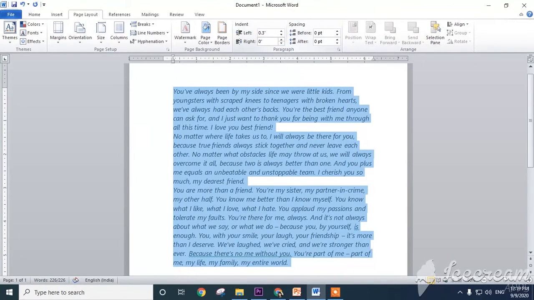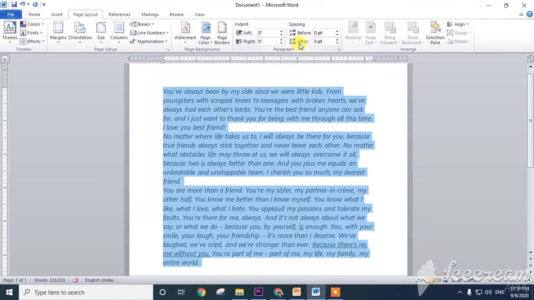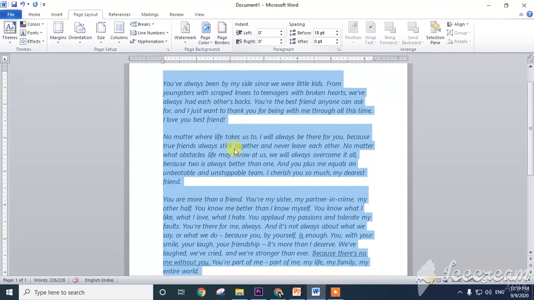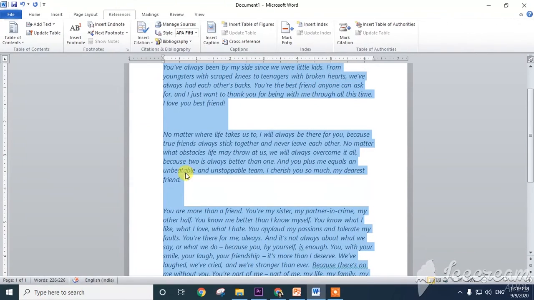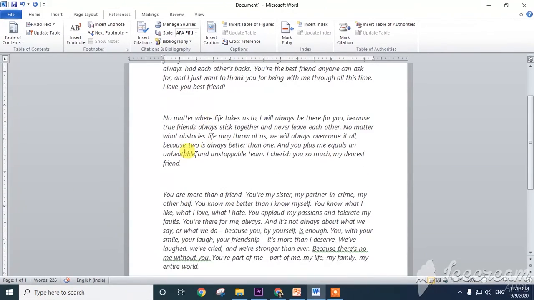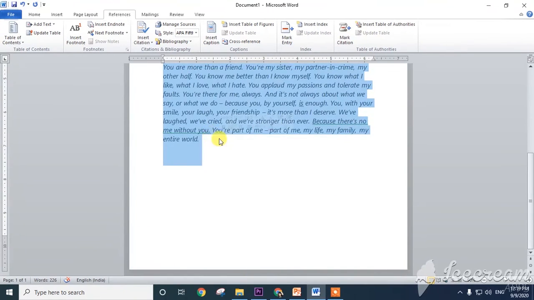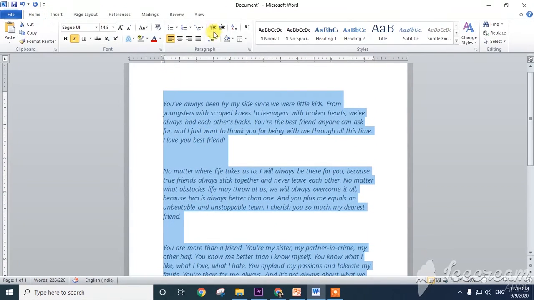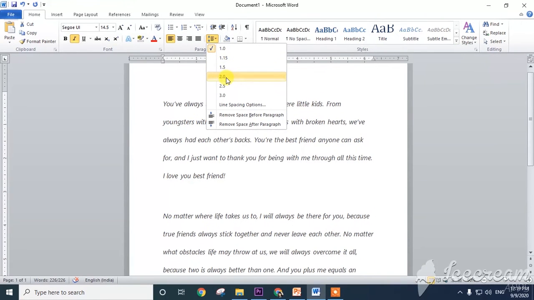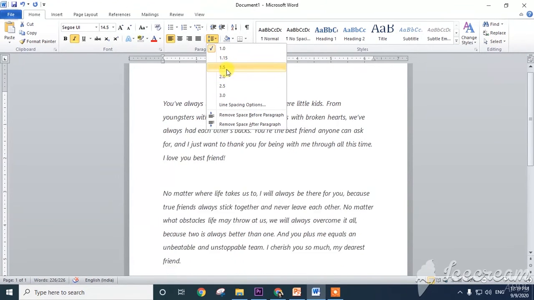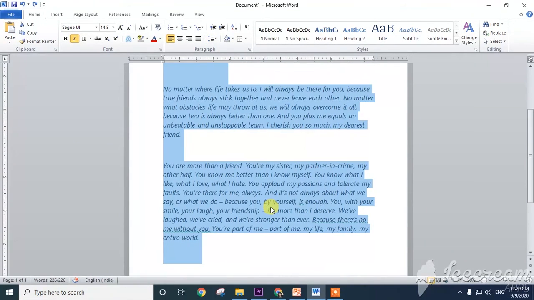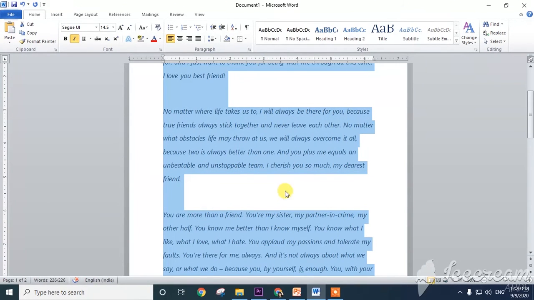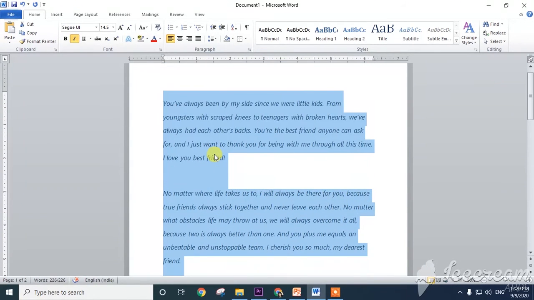I am keeping the default values 0 and 0, and see before spacing how much it should be there. See this much. After paragraph how much? You can see, that is called paragraph spacing. And line spacing, for the entire paragraph, you will get in the Home tab only. There is a line spacing here. Each and every line should be having the 1.5 gap. See, earlier it was like this, now it is like this. In this way we can set the paragraph spacing and line spacing.